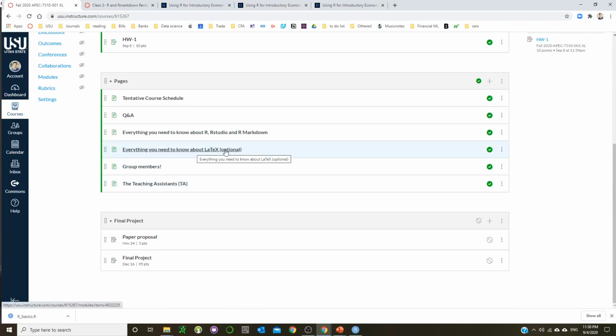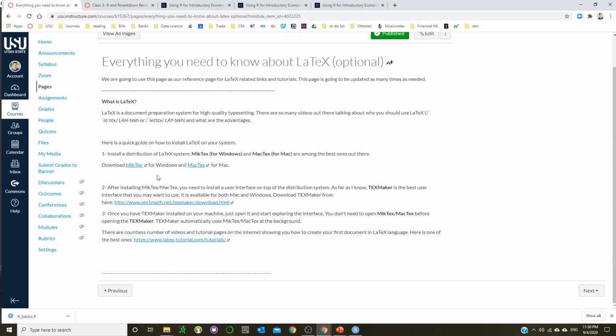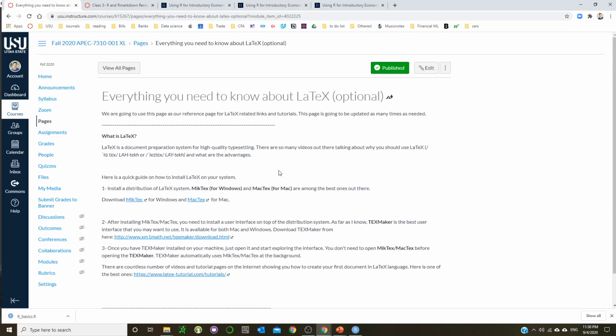About LaTeX, I put it in parentheses, optional, because again, you really don't need to do it. But if you're super curious how to do that, this is where you should go. You click on it, install LaTeX in Windows or Mac, and then there are some troubleshooting. Again, if you wanted to get some clean PDF out of your homework or your project, or some document in